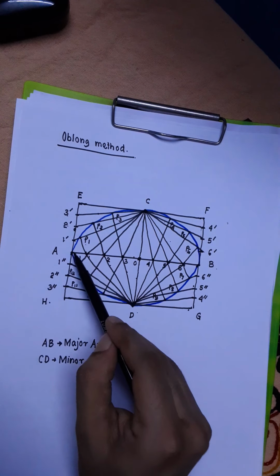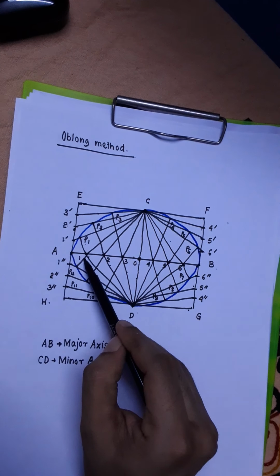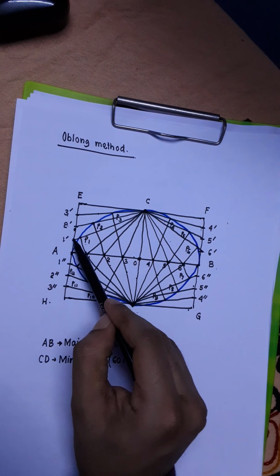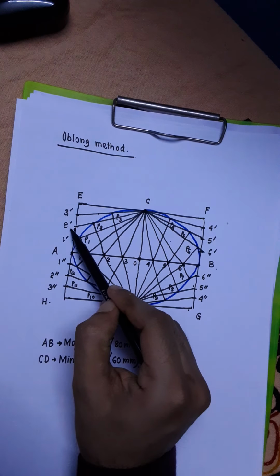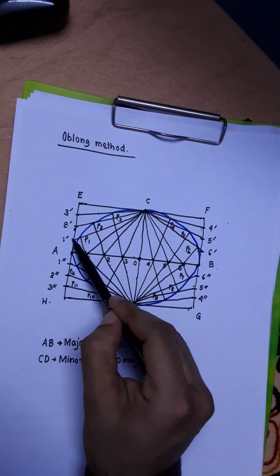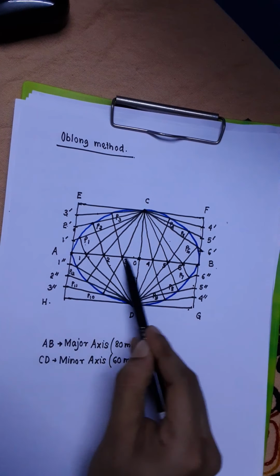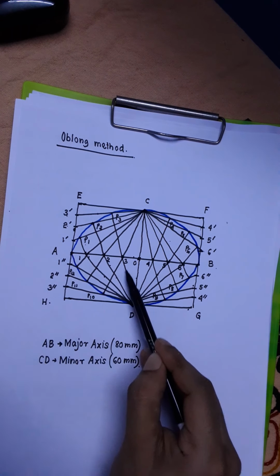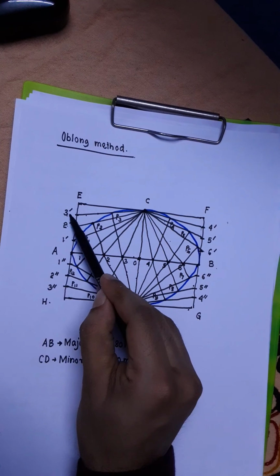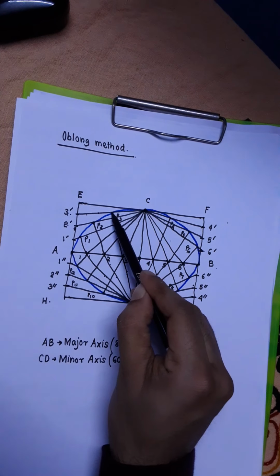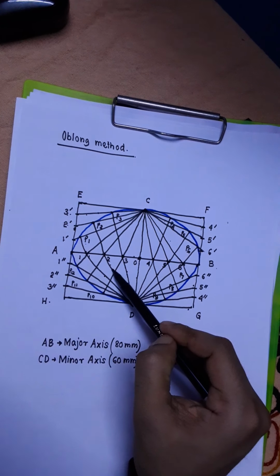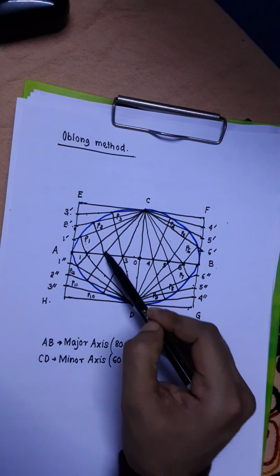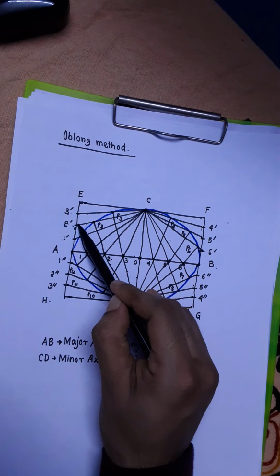So after dividing EA and AO into 4 equal parts each, you number the division points here as 1, 2, 3 and the corresponding division points here as 1 dash, 2 dash and 3 dash. These 3 points you join with the point C and these 3 points you join with the point D through these lines. Now this line contains the number 3, this line contains the number 3. So this line you extend until it meets this line. This line contains the number 2. This line also contains the number 2. So you extend this line until it meets this line.